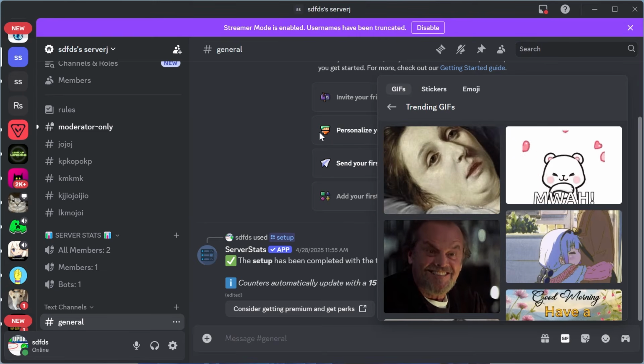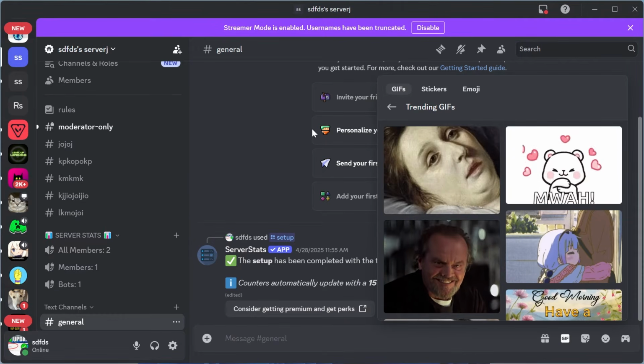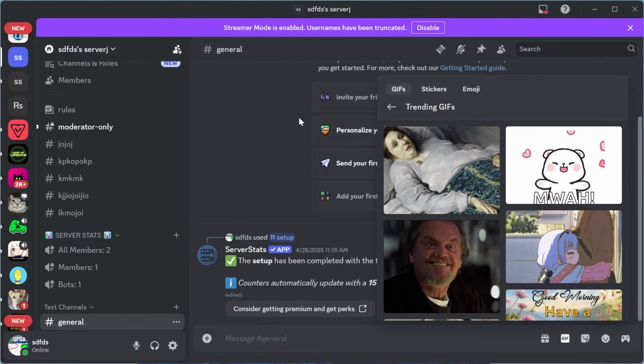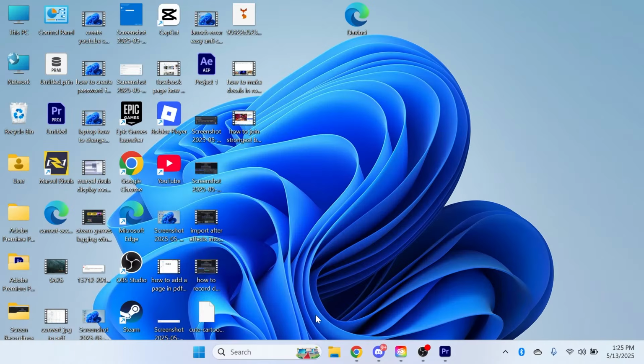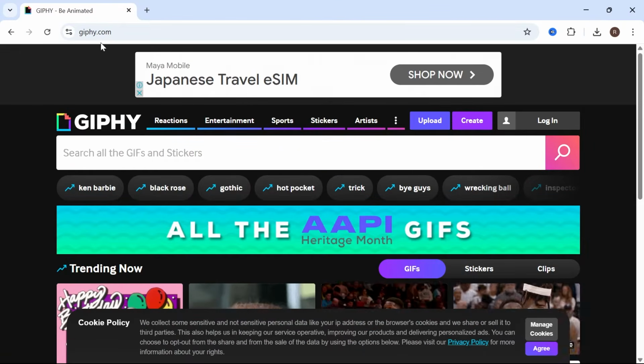In this video, I'm going to show you how to make your own GIF for Discord. So if you want to go and create your own GIF that you can send to people in your Discord servers, the first thing we need to do is just open up an internet browser and head over to the